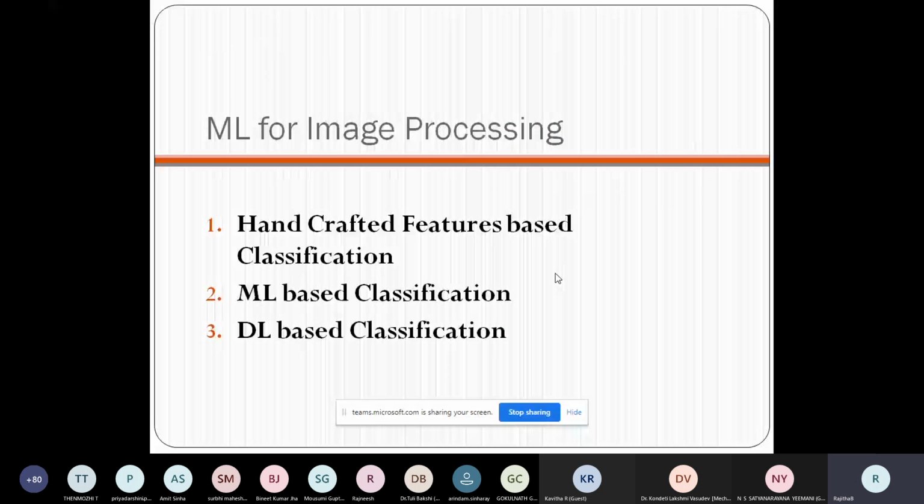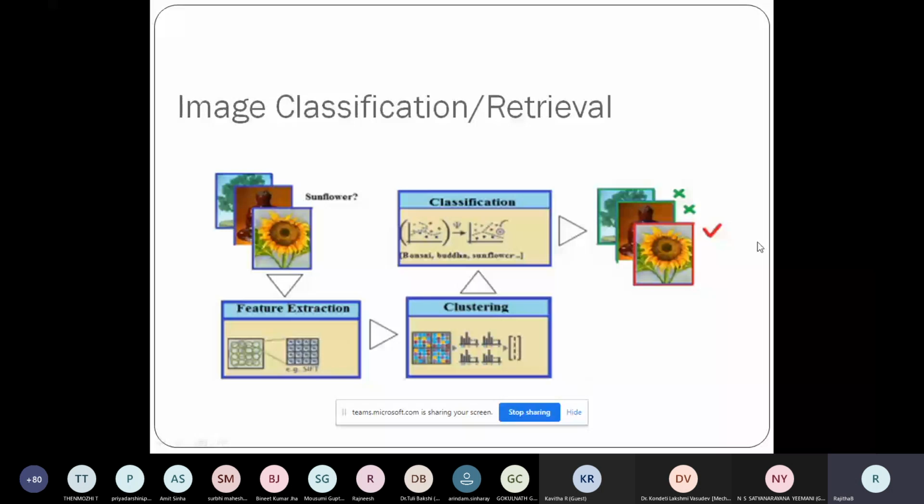Now I'll be dealing with the main content of this workshop, which is ML for image processing. Specifically under image processing, I'm targeting only image classification, which I have discussed already in my first session. So I'll be dealing with the coding part, how we can achieve that. In image classification, the general process will be like this. If you understand this particular concept, you can apply the same thing to whatever application your area is.